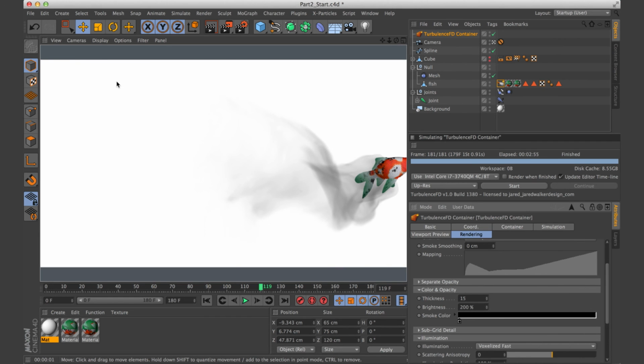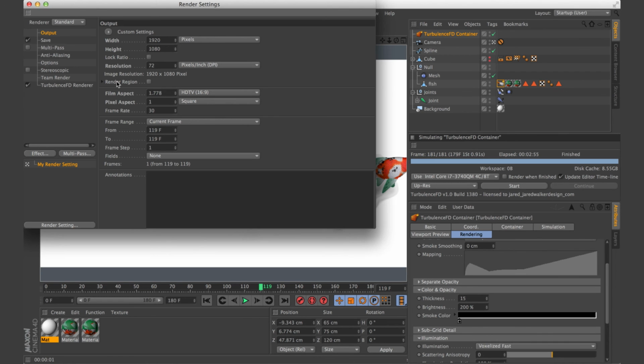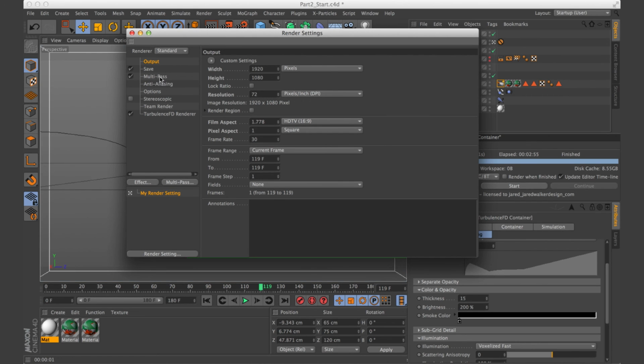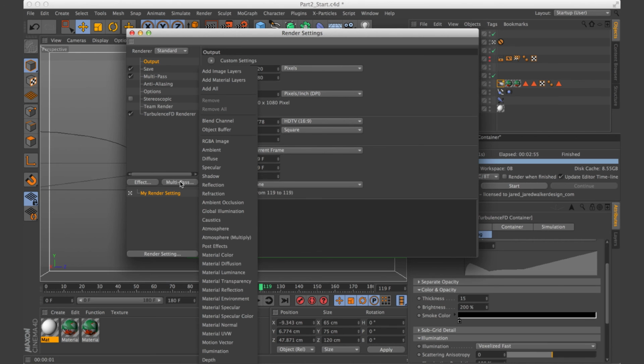Then what you'd want to do is go and render it out. So if you hit Command B or Control B, what you'd want to do in here is select multipass. And in multipass, you'd want to do either an atmosphere pass or an atmosphere multiply pass. I think I did an atmosphere multiply pass when I did it.